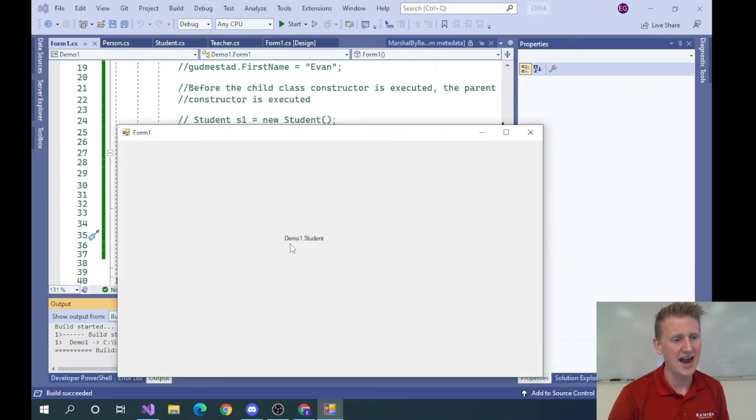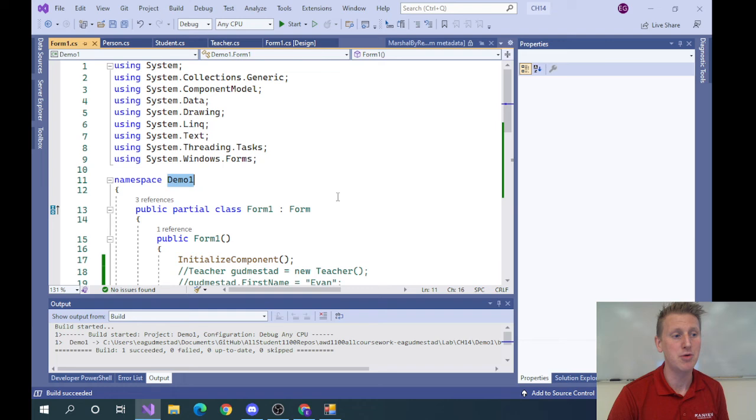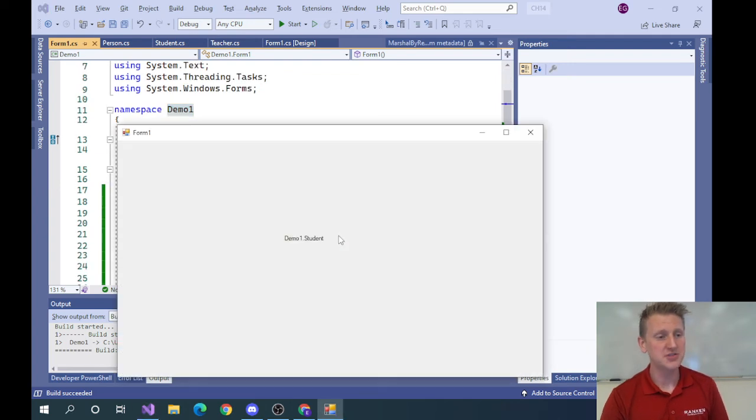So what do we have here? This is the namespace, demo 1, namespace like a folder. So the namespace dot student dot class name. ToString out of the box isn't all that useful. Many times, as we've already done in this class, you're going to override that toString. So what is overriding